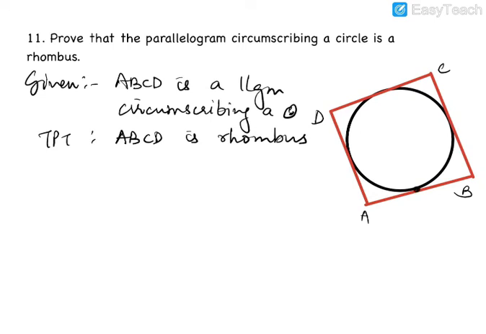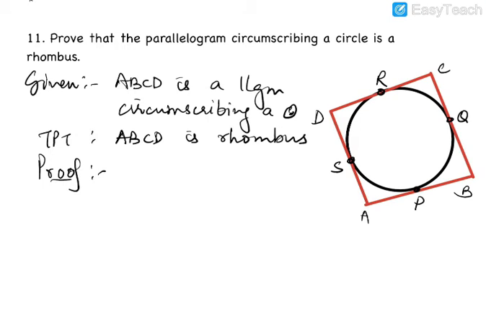Let's mark these points where the sides of the quadrilateral touches the circle as P, Q, R and S. So what we are going to do is prove the sum of opposite sides equal. If you recall, the figure is exactly similar to the figure that we had in question number 8, where we proved AB plus DC equal to DA plus BC. So we are going to do exactly the same in this question.